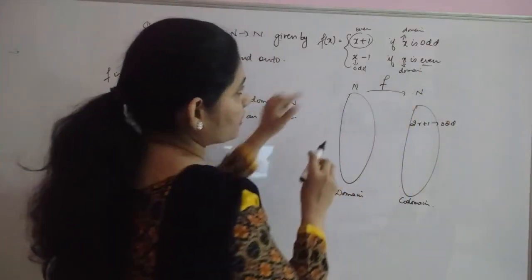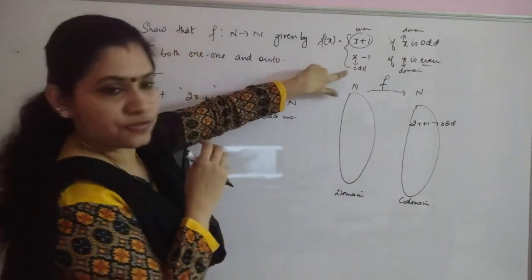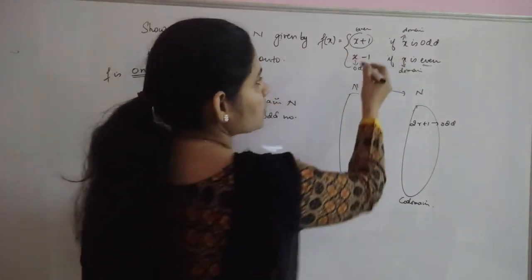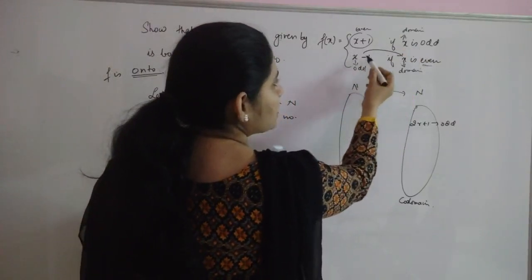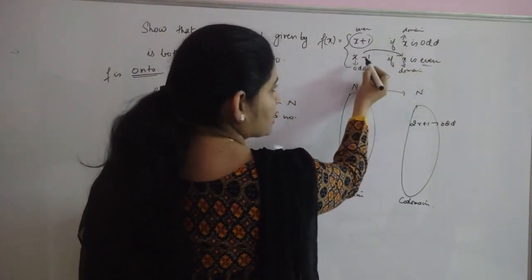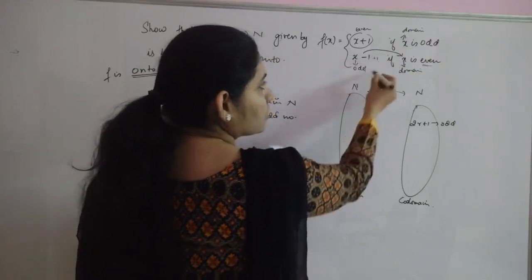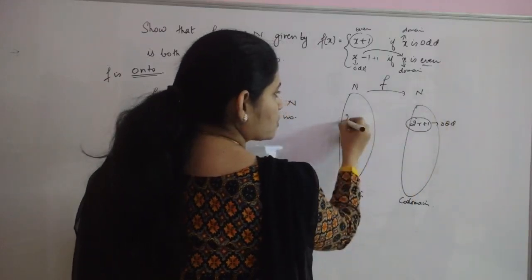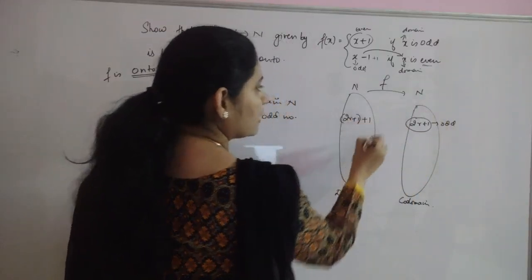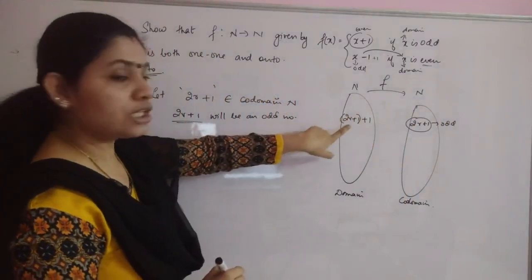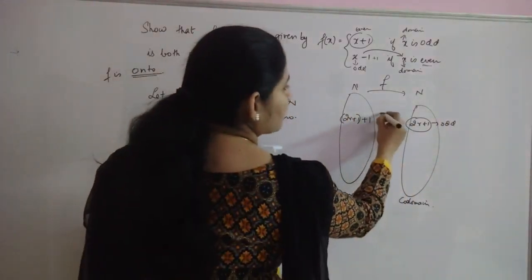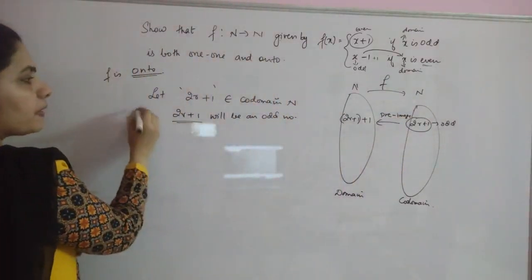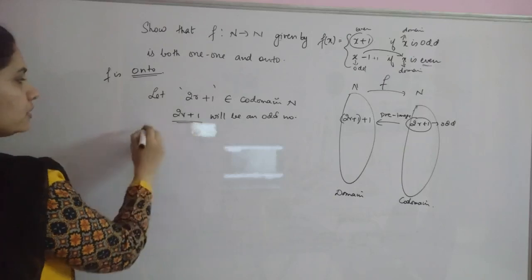Now an odd number in the codomain means it will be of this form, right? In the codomain, if you have a number, in order to get the element in the domain, the relation is x minus 1, so in the domain it will be in the form x. That means you have added 1 so that you get x. So I can say that if this is an odd number in the codomain, 2r plus 1 will give you an element in the domain as the pre-image of this odd number, right?